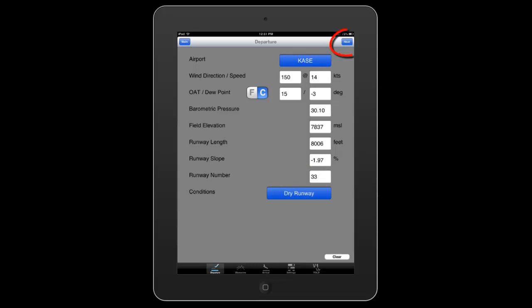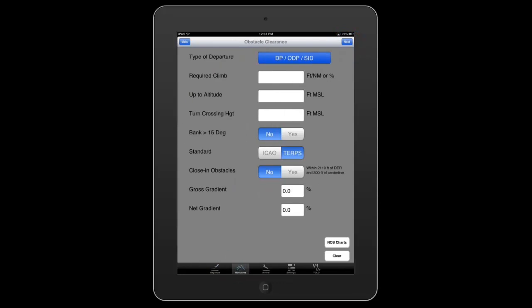Again, you can get there from either pressing the next button in the upper right-hand corner or the obstacle button in the lower tab. Now the obstacle screen can really be filled out in about 30 seconds, but we're going to hang out here for a bit because I wanted you to see exactly where I get the information from on the departure plates, and also clear up some misconceptions that have been floating around on the internet in some